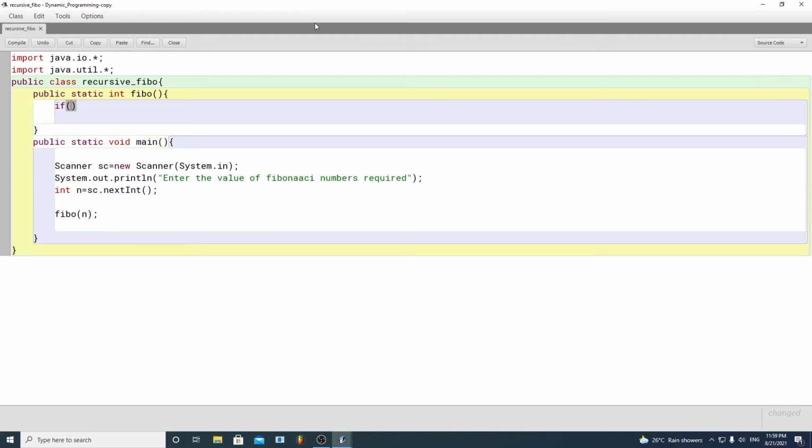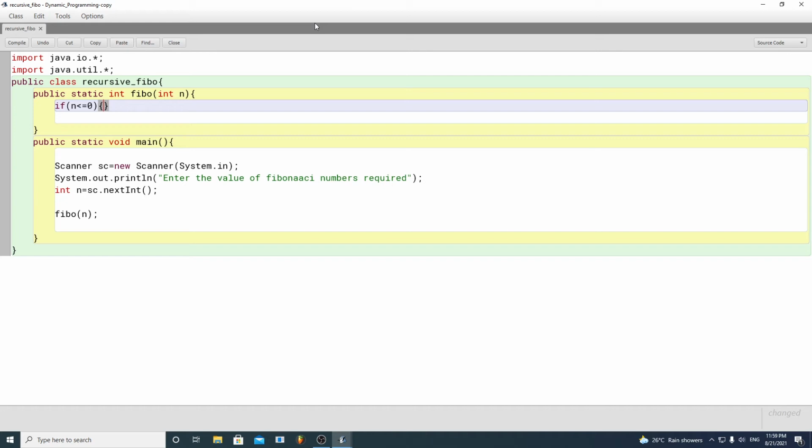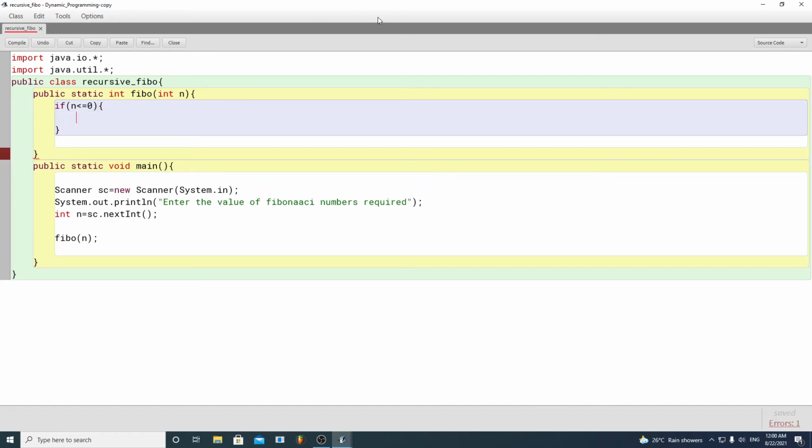So the base condition according to our problem is, we'll define the parameter int n, and as I've already shown, we will have if n is less than equal to 0,